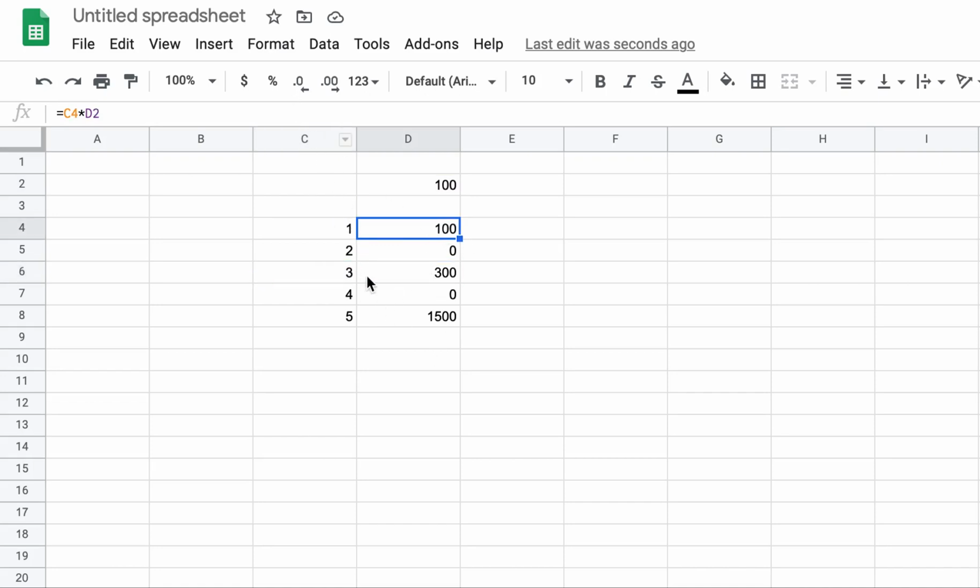So to solve this, we have to keep this 100 from changing, but this should keep changing. For fixing a part of a reference, Excel or Google Spreadsheet gives us the facility to use the character $. Can you see the dollar that I inserted before 2? The dollar applies to the part before which it is inserted. So whatever you prefix with dollar, that part will not change in the formula.